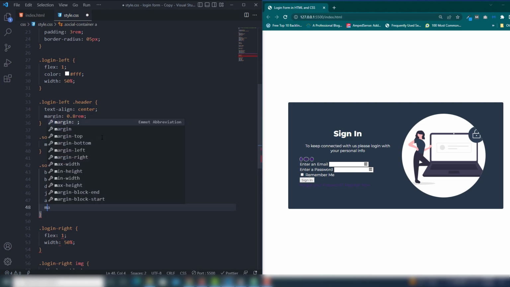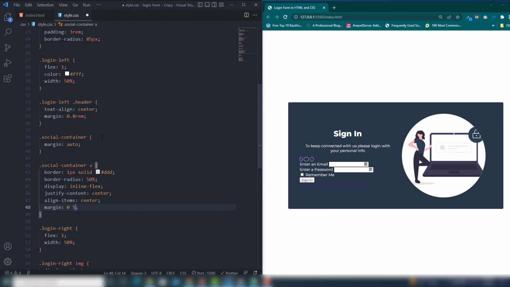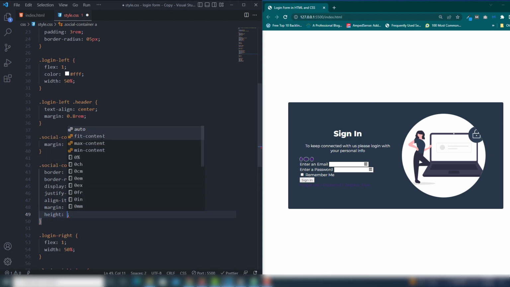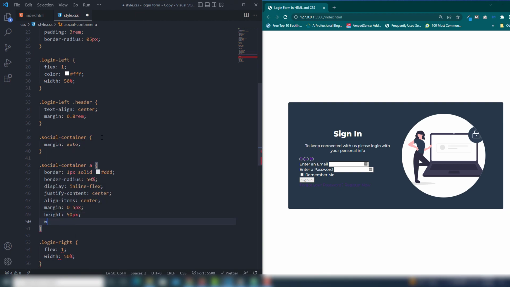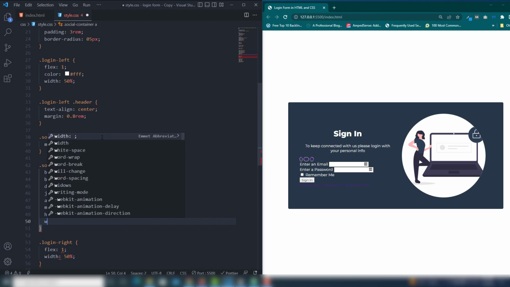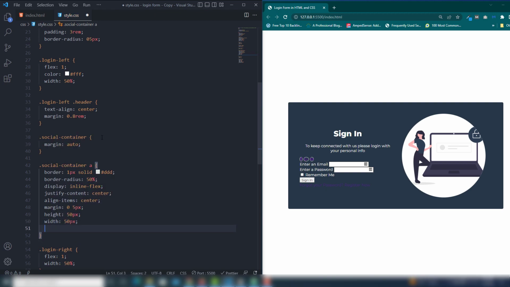And margin top and bottom will be 0, left and right 5 pixel, height will be 50 pixel, width will be 50 pixel, color will be white,